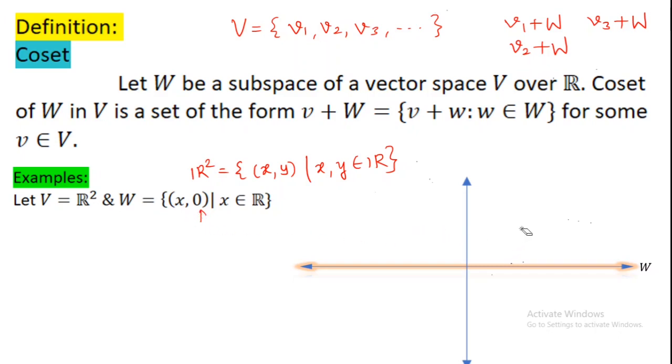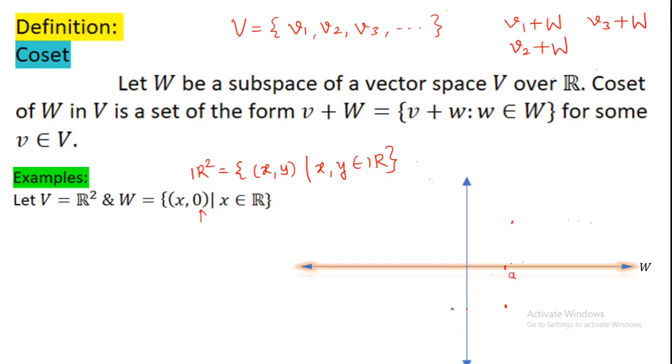So you can easily tell, will this point be in W? No chance, because for this point our y coordinate is 100% going to be non-zero. But our W is a collection of points of R2 having the y coordinate equal to 0. So if you take a point from here, still it will not be in W, because the y coordinate is non-zero here. This will be our x coordinate and this will be our y coordinate.